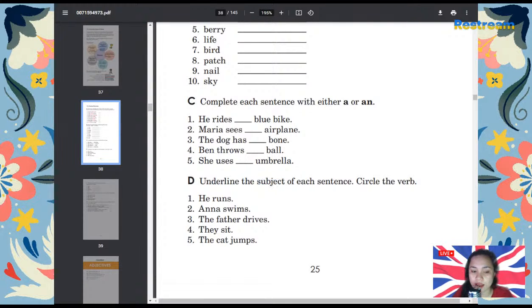Okay, very good. Yes, the subject is he. Very good, Dhruv. And runs is the verb because it's an action, right? So it is an action of the subject he. Good job. Next, how about this one? Anna swims. Anna swims. Subject first, then after that the verb. Subject is